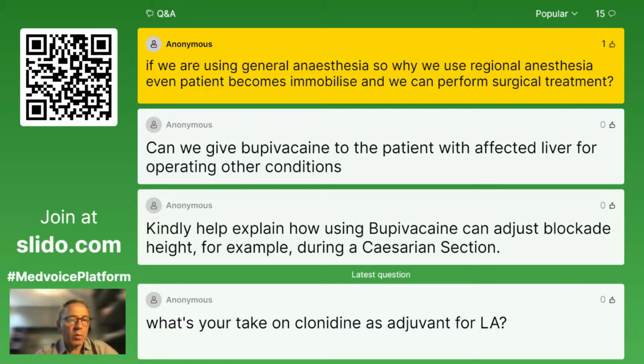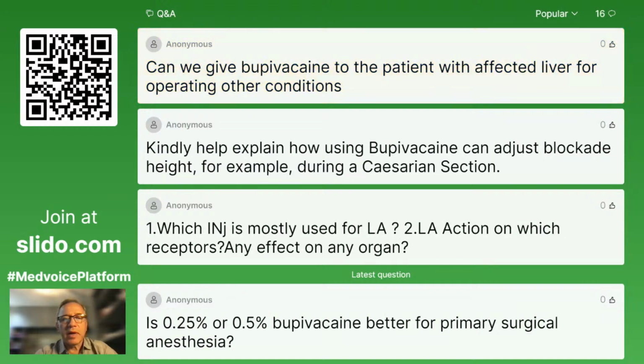They will be waking up without any pain. They will be waking up better, without feeling nauseous. They will be breathing better. Their blood pressure will be more stable. This is why. Okay. Next question is, can we give bupivacaine to the patient with affected liver for operations, other